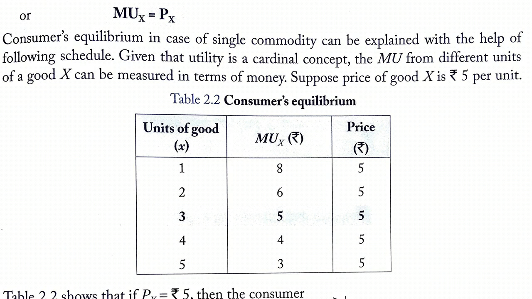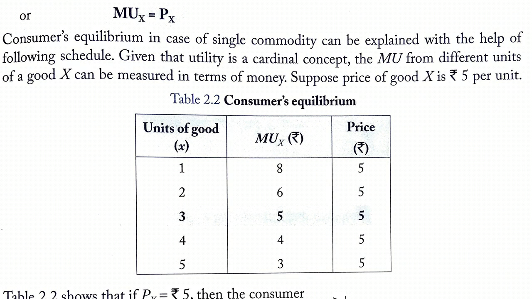At the third unit, he will find that after spending 5 rupees, the utility that he is deriving is equal to 5 rupees. So this situation will be called consumer's equilibrium in single commodity, because at this point he will